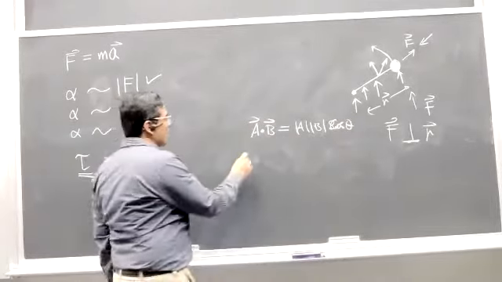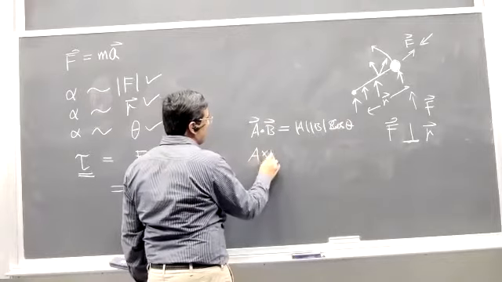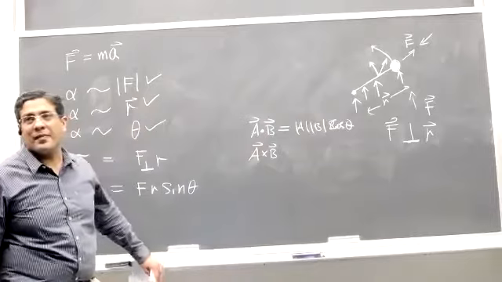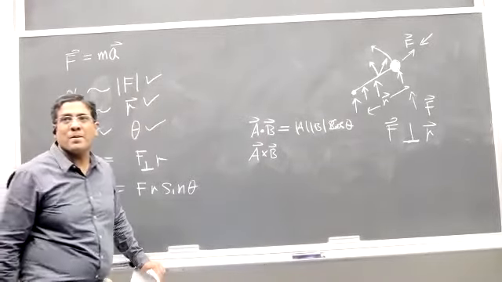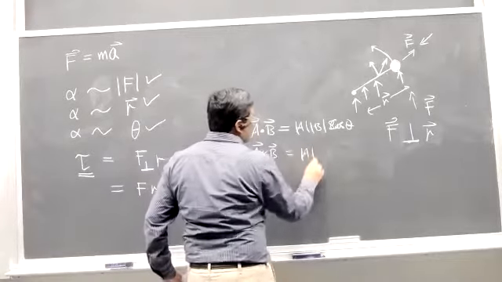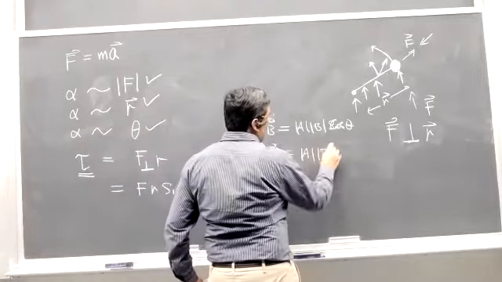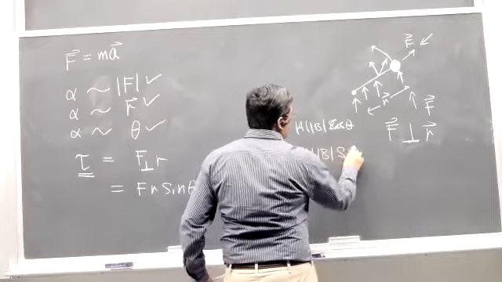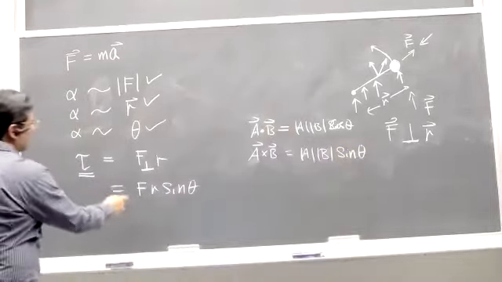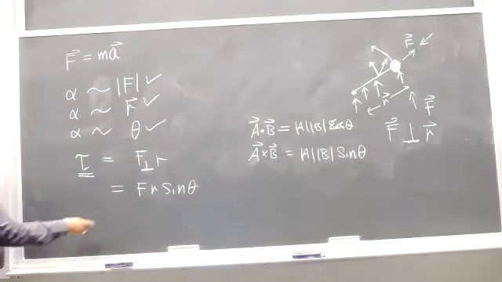What about the cross product between two vectors? No idea? The cross product of two vectors is the magnitude of vector 1, magnitude of vector 2, and the sine of the angle between them. Okay. So if you want to promote this equation to be a vector equation,